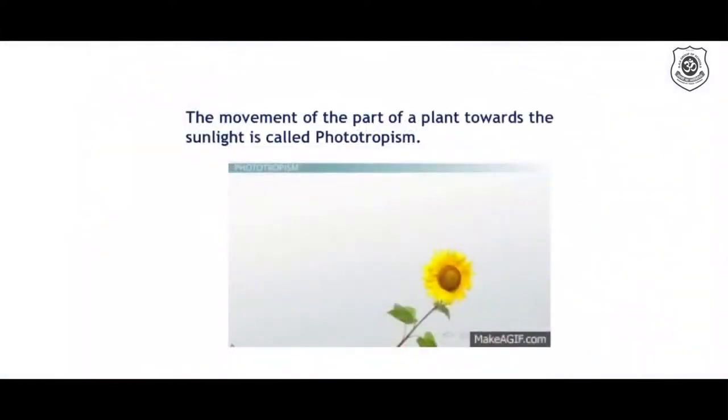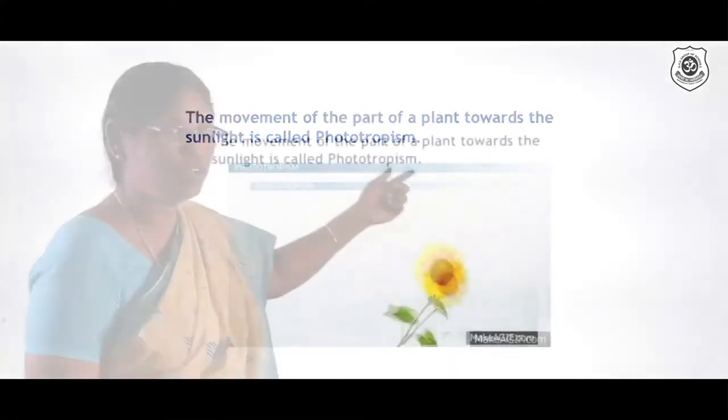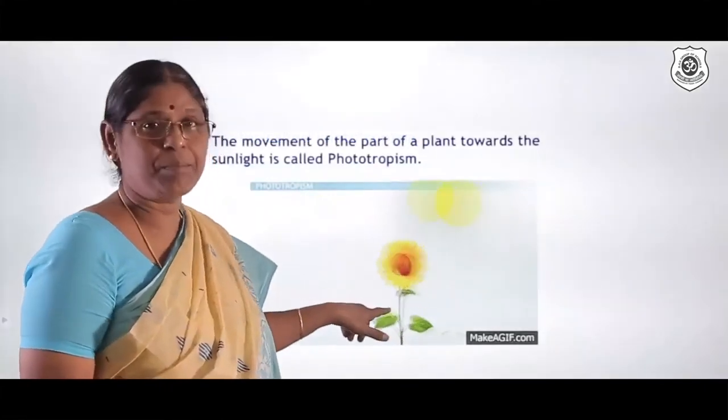Now this is a GIF picture where you will see a plant, that is the sunflower plant, and you know about it. It's named sunflower. You know why? Because it moves towards the sun. So the movement of the part of the plant towards the sunlight is called phototropism, and this particular plant shows